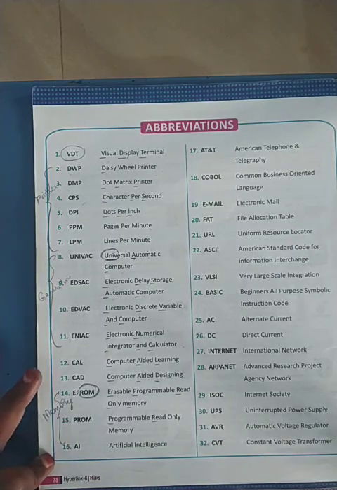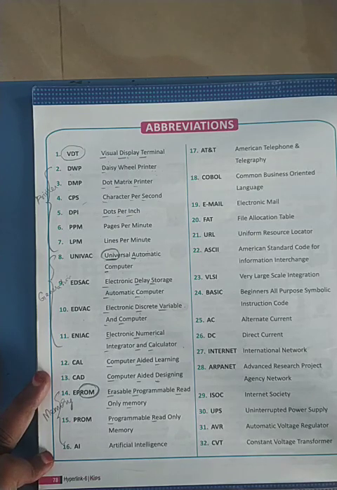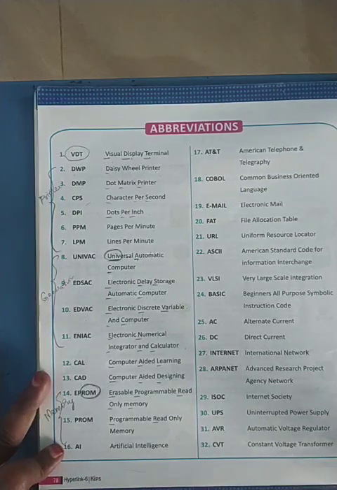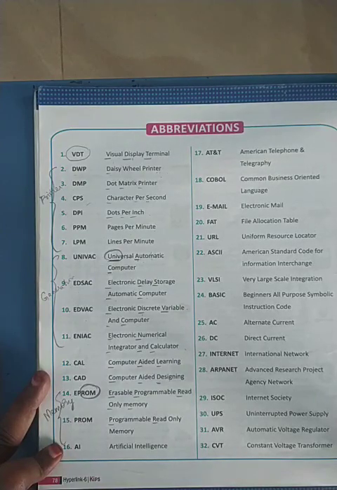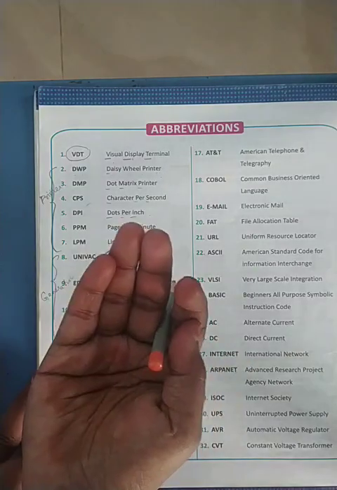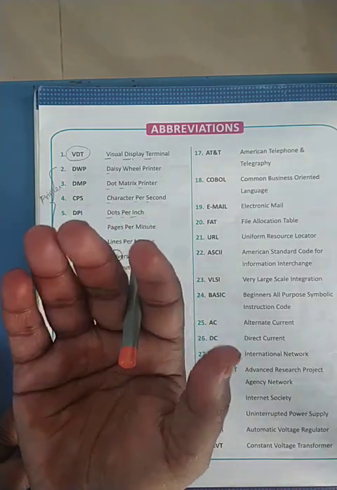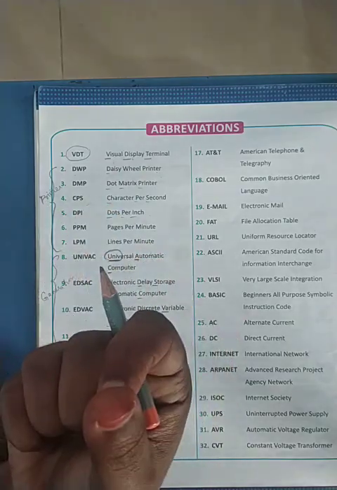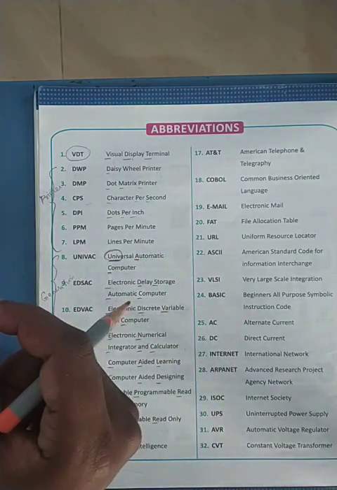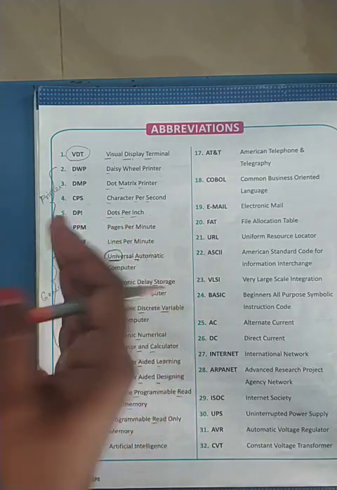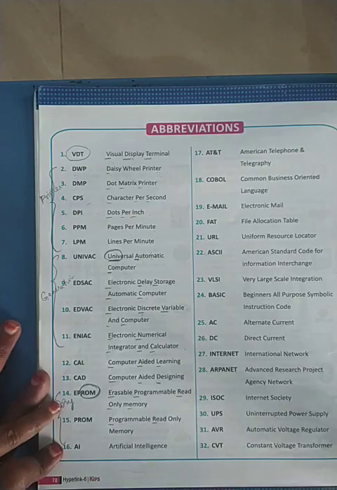Then coming to artificial intelligence, AI means artificial intelligence. All the robotic science is based upon artificial intelligence. Nowadays we can see the sensor attached sanitizers in the hotels or in the theater or in the public parks. There will be sanitizers which have hand sensors. You just place the hand under this sensor. The sensor will sense that there is a hand, and it will drop a few drops of sanitizer on your hand. That is done because of artificial intelligence.